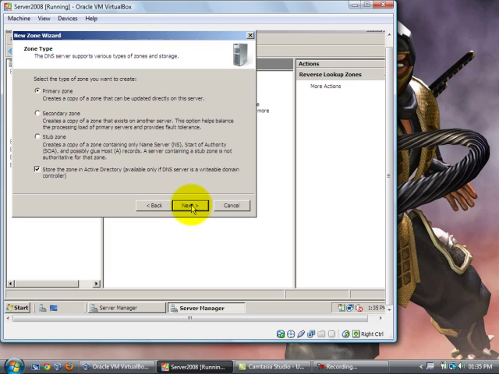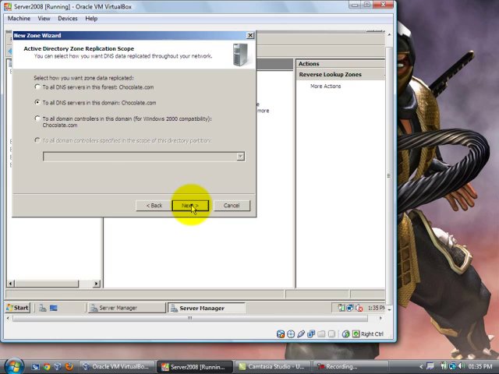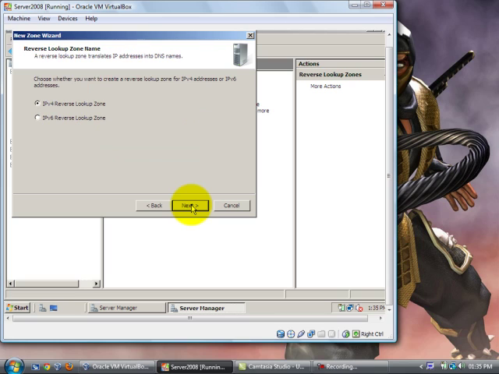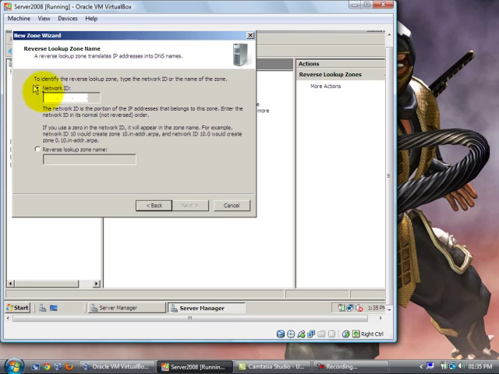We'll choose primary zone, which creates a copy of the zone that can be updated directly on the server. Next, to all DNS servers in the domain chocolate.com, and we are choosing the IPv4 version. Next, and in here we will type in our IP address,